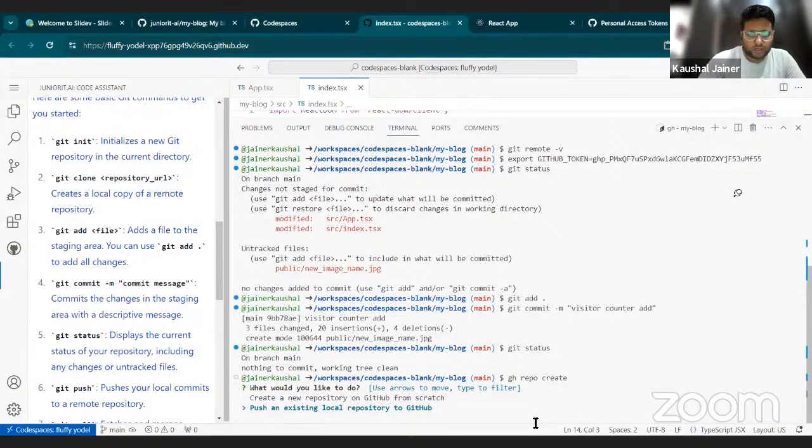So we are going to push an existing local repository to GitHub. We are not going to create a new repository on GitHub from scratch. So let's just click on push an existing local repository to GitHub. After that, the path will be default. I'm just going to hit enter and you just have to name your repository. So I'm going to name it my blog